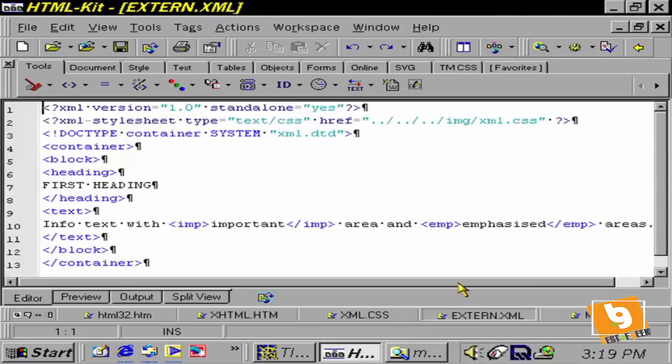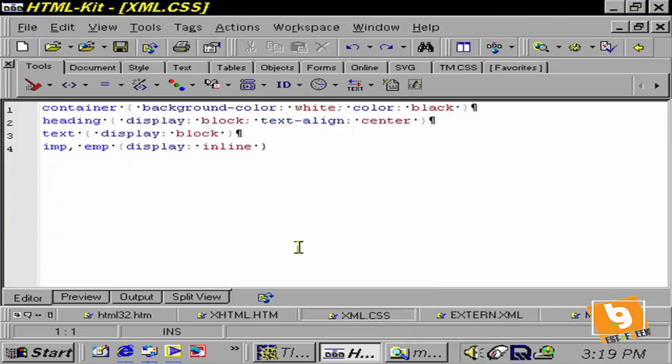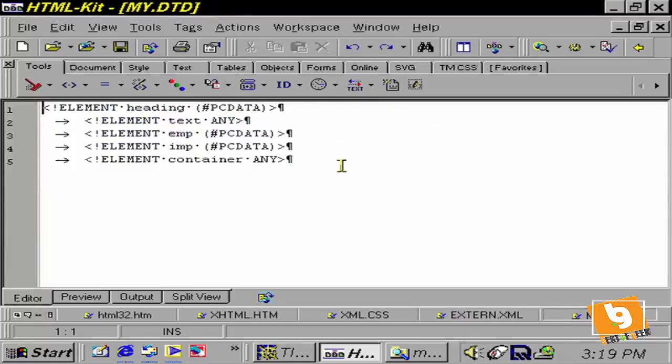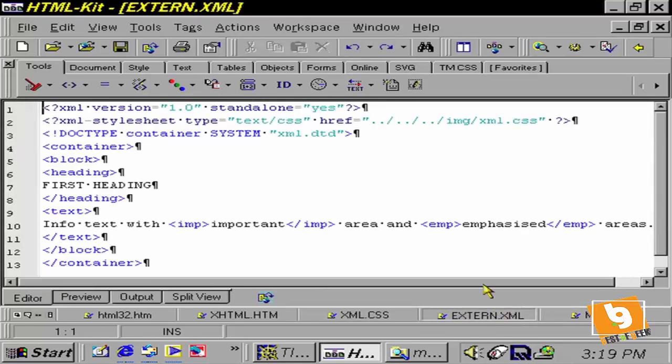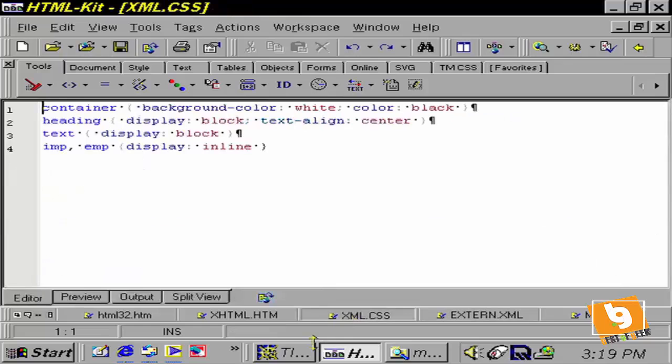And so many documents can reference both of these, and they can choose maybe just to share the same style sheet or to share different style sheets and to use the same DTD. The only problem with XML is that it doesn't support legacy browsers, so an older browser, when looking at an